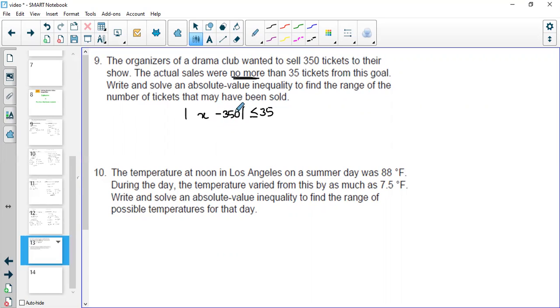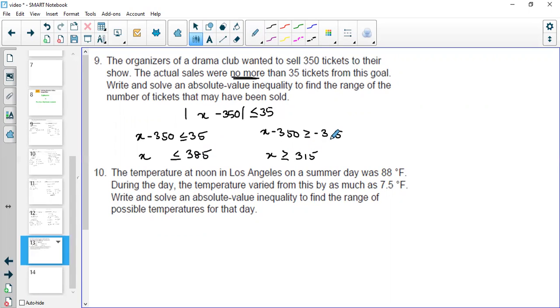If you would solve, you will get your answer as one of the possibilities: x minus 350 is less than or equal to 35. And the other possibility is x minus 350 is greater than or equal to negative 35. If you would solve this, one of the answers you're going to get is x is less than or equal to 35 plus 350, so it's 385. And the other possibility is x is greater than or equal to 315,